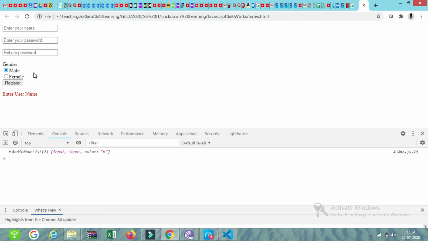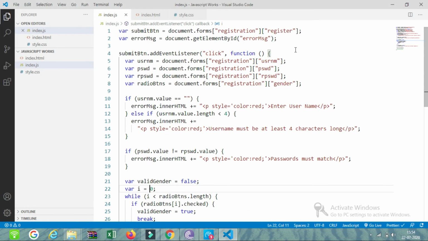Okay, I'll recap from the basics. We have references to the individual elements in the form. For accessing that, we can use document.forms, within that we can type registration, which is the name of the form, and then register, the name of the element.